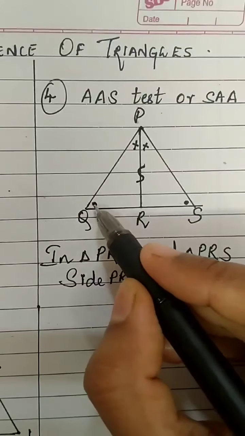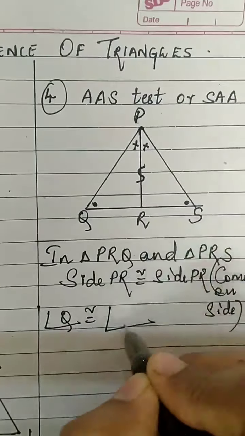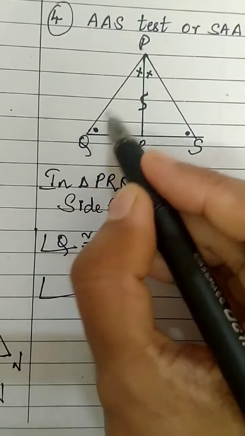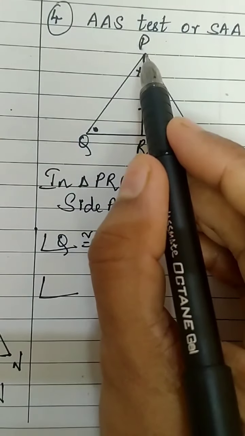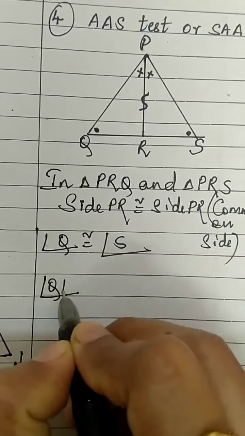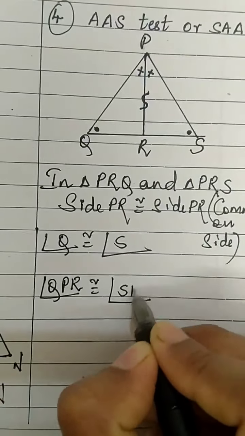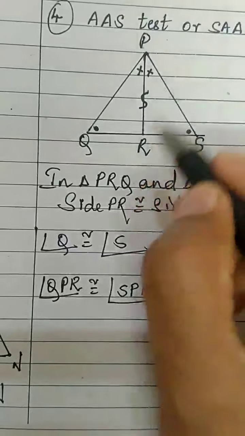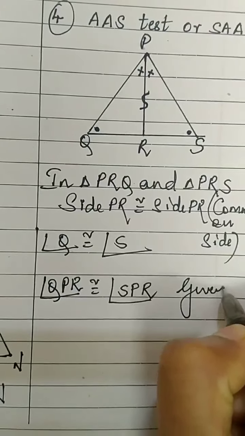Apart from that, we have some angles which are marked. That is angle Q congruent to angle S. Then we have one more pair of angles congruent. Angle QPR. No three-letter naming we have to use because both the angles will have name P, but both are different angles. So here we will use three-letter name. Angle QPR congruent to angle SPR. You can see two crosses. That means these two angles are congruent. So QPR congruent to SPR. Given, no? Both these are given.